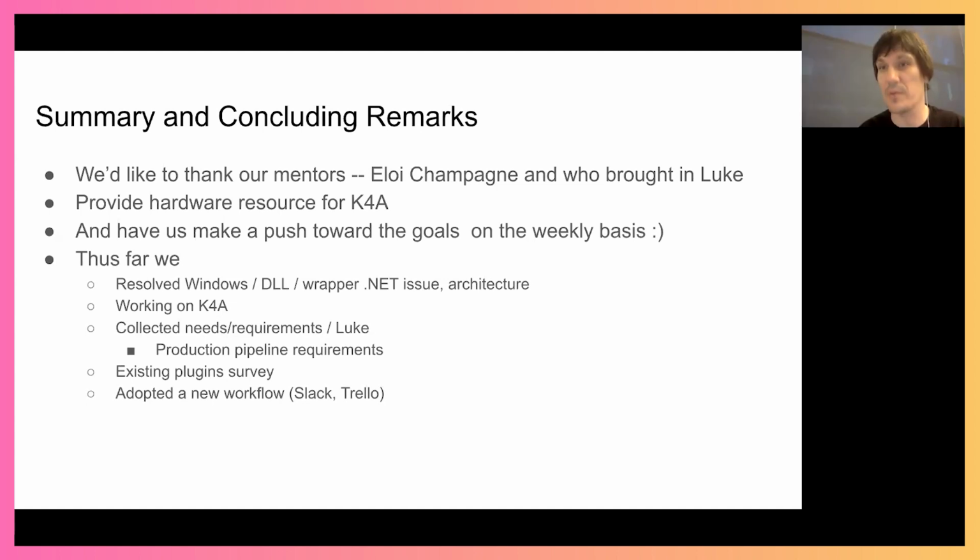And we adopted a nice agile approach. So we used integrated Bitbucket, Slack, and Trello for managing this project. And that's when we actually started for that. So it helped us to organize. So thank you to the lab and the mentors for making this possible. And as we said, we're going to be finishing a few things in the next couple of weeks for the real thing to shine. That is all.